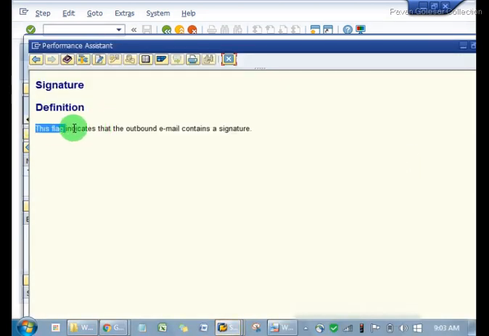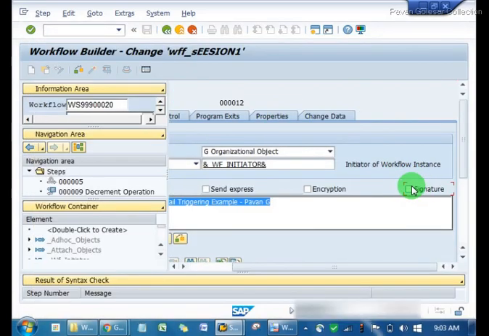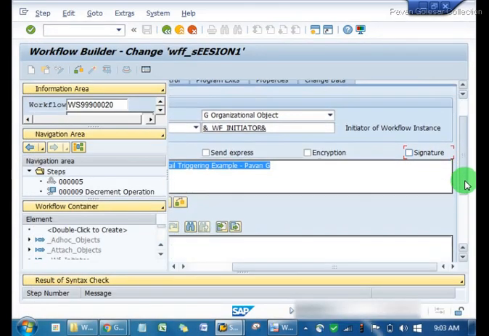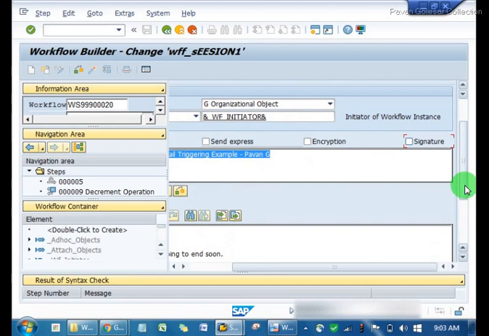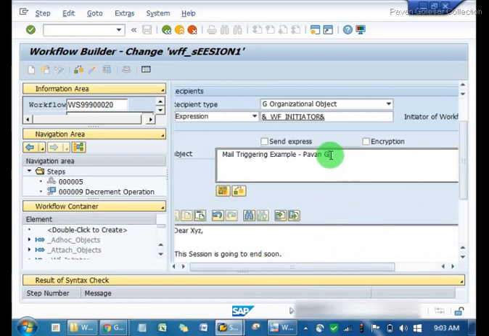The signature, this is the flag that indicates that the outbound email contains a signature. So if I tick it, it will just intimate that this is including the signature. Signature क्या होता है भैया? Regards. अपने जैसा, वो बॉडी के नीचे आता है बाय डिफॉल्ट. अब जब सेंड करते हो मेल, सिग्नेचर नहीं टाइप करते हो. वो बाय डिफॉल्ट हमने जीमेल में कॉन्फ़िगर कर दिया. Automatically this will be referring to that. Okay. There is another setup for that. We'll look into that next.